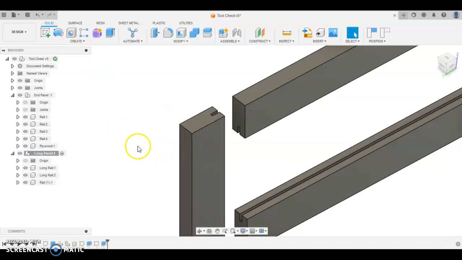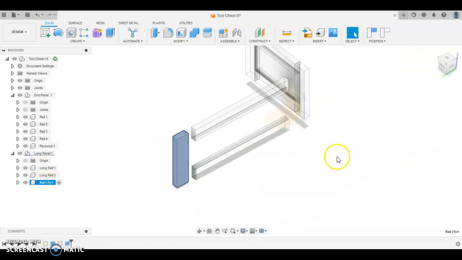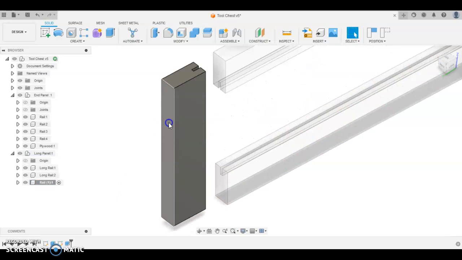Before I do that, let's go back one step. I'm going to come down and make sure that this component is active. So I'll click that one. Everything else has gone kind of see-through, and this one here is the solid color. I'm going to click this surface, back to what I was doing, click sketch,